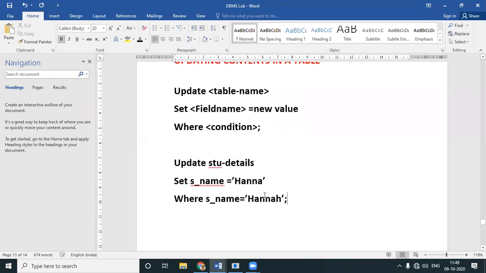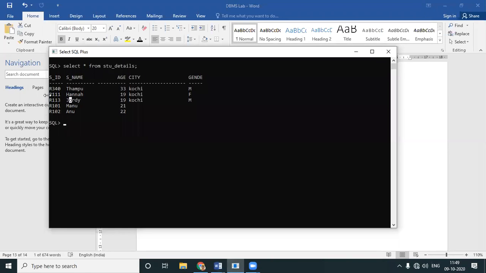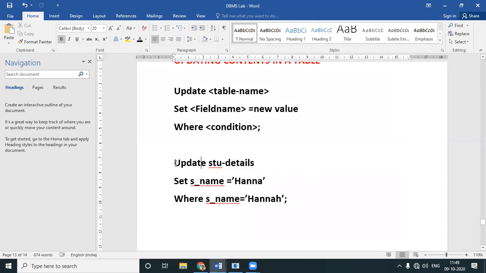What Oracle does is it first searches where s_name is equal to HANNAH in stu_details, so this particular row is taken. And what is being told? Change s_name to HANNA.